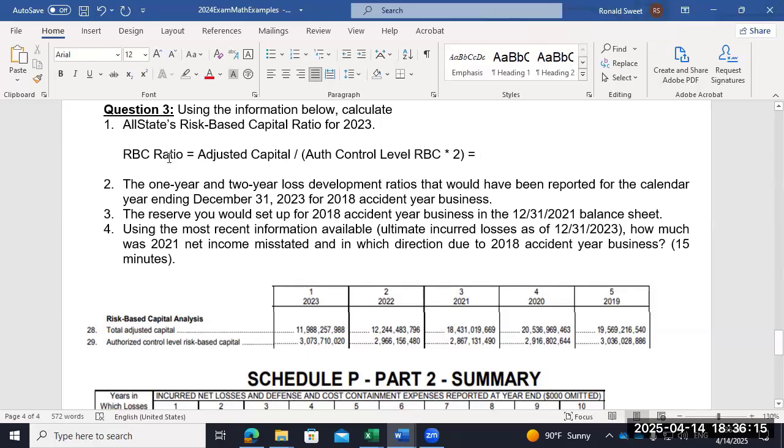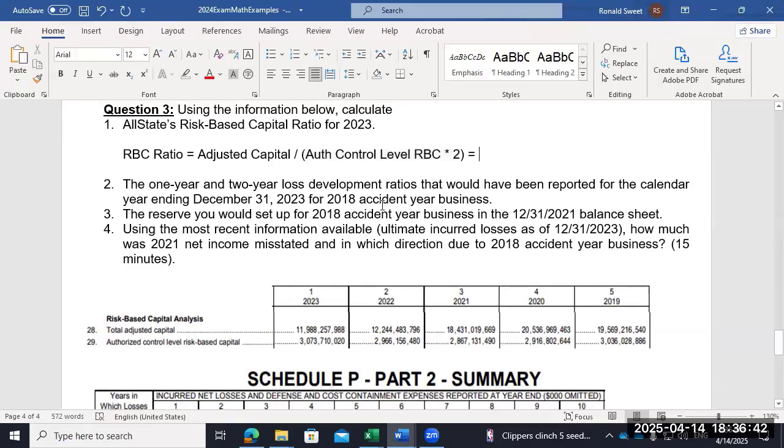You want this to be above 1 because the top is how much capital you have. And the bottom, authorized control times 2, is how much you need. This is different from what we just did in the pricing example. In the pricing example, we used the premiums to surplus, the 3-to-1. This is a different type of capital requirement. It's an easier one. I mean, it's a more straightforward one. It makes more sense, but,